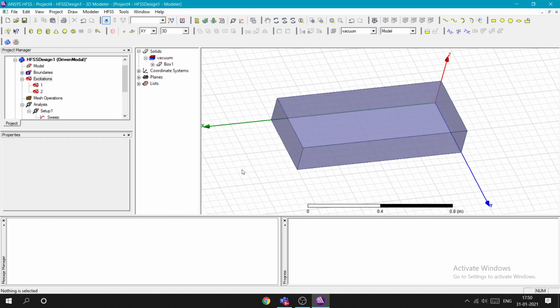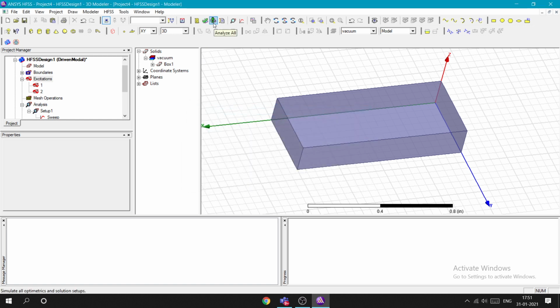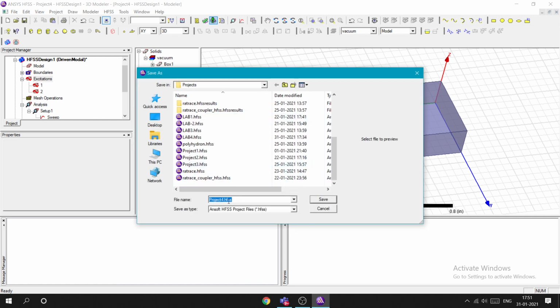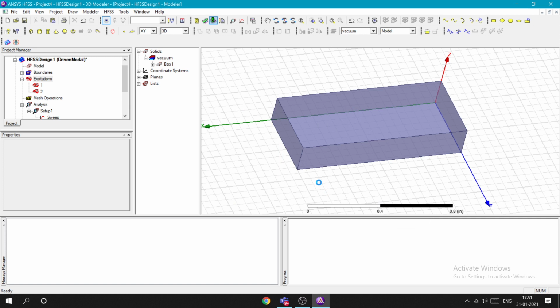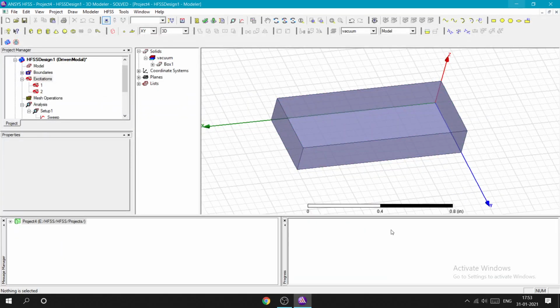After all these steps, you need to validate it. Analyze is the last step for the modeling, and after that we'll see the graphs. So first validate by clicking on it, close, and go to analyze all. I need to save this file, right? I'm saving it as project 4, save. It's been saved. It might take some time, so I will pause the video. I will continue from the moment you are waiting for: it's done.